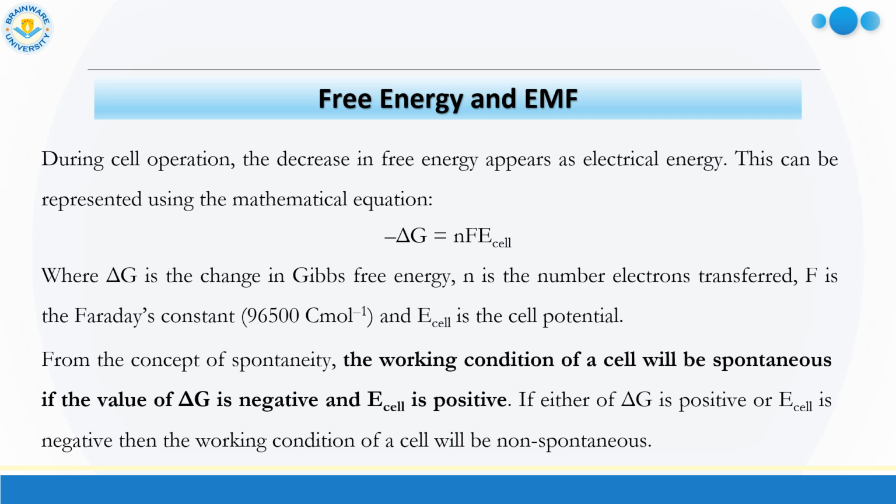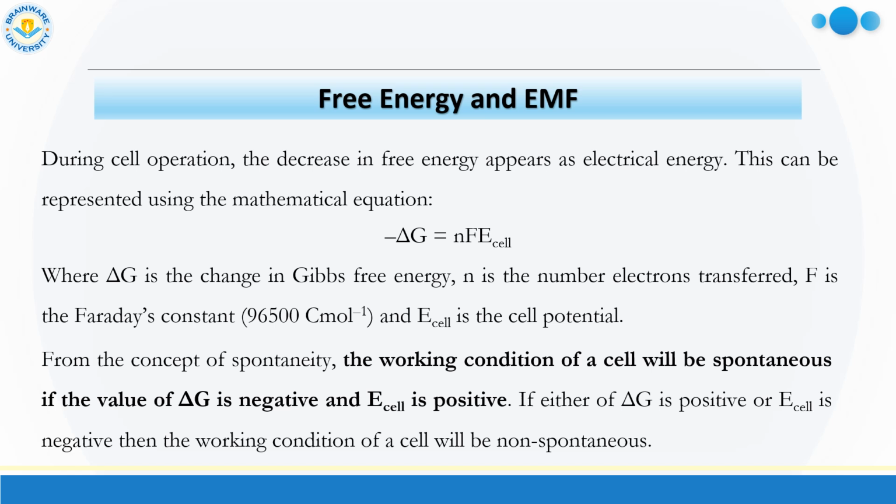This can be represented using the mathematical equation minus delta G equal to nF E cell, where delta G is the change in Gibbs free energy of the process or the reaction, n is the number of electrons transferred during the process, F is the Faraday's constant, which has a value of 96,500 coulomb per mole, and